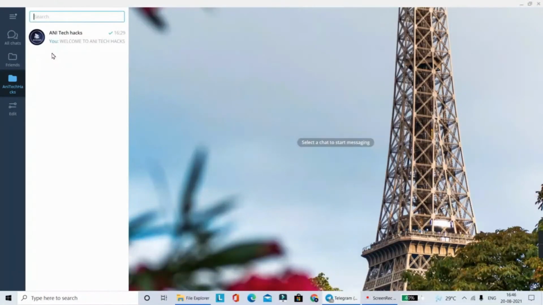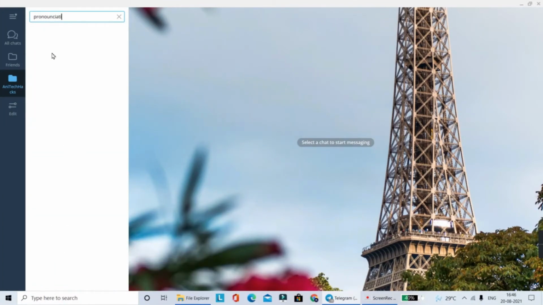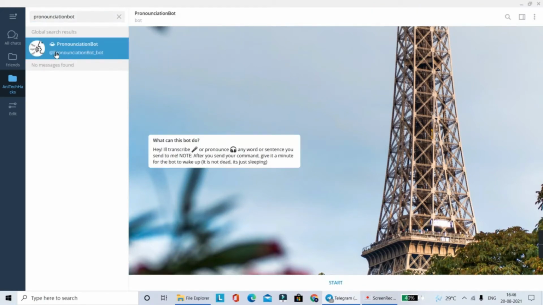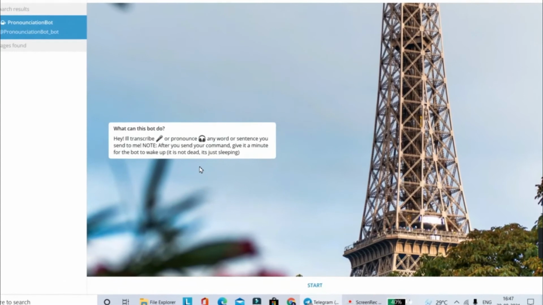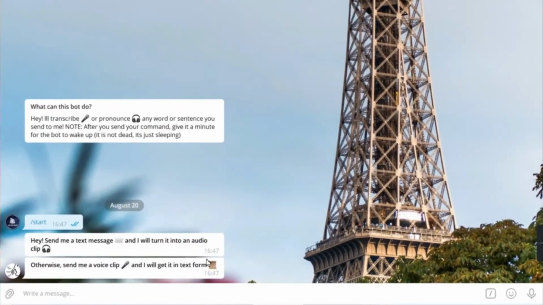Our next bot is Pronunciation Bot. This bot can help you pronounce any sentence or word, and you can also convert audio to text with the help of this bot. So simply click on Start and type any text message.